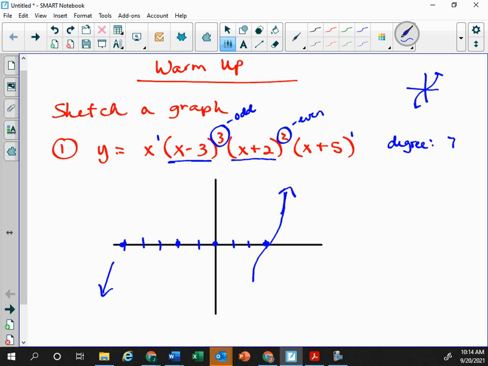So I'm going to go through the ones that just have multiplicity of 1. So like at the end here, it would cross. Oh, there's negative 2, so it's going to have to bounce. Cross. And then I can kind of come back up. I've got a weird shape going on right here, but